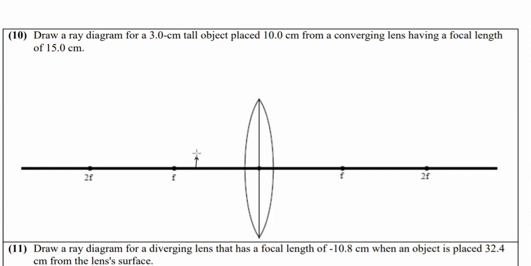The focal length is 15 centimeters, but we want to place it at 10 centimeters, so around 1/3. We'll measure it with our ruler. The object is 3 centimeter tall, and we need to draw 2 light rays. One will pass through the optical center, and it will not refract. The other is going to pass through the focal point that is denoted by a capital F. I'll repeat, we are using a small f over here just to show that this is the whole focal length.